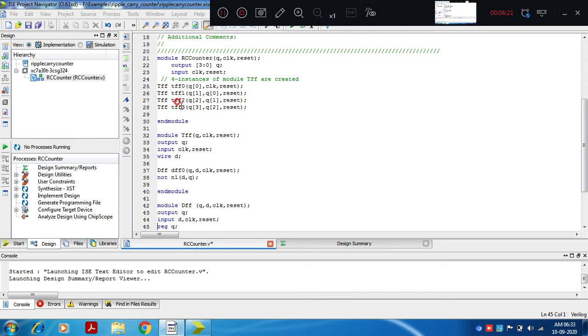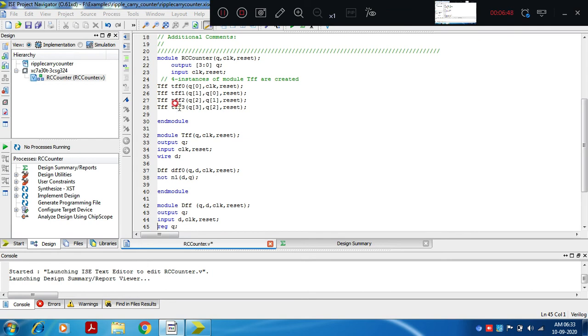Similarly, a single TFF component is created. We write the description once, and it can be used any number of times in the top code. So the TFF module description we write only once, but we use it 4 times in this example, and they are separated from each other by instance names.